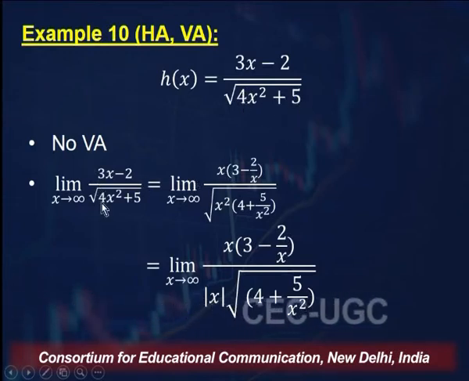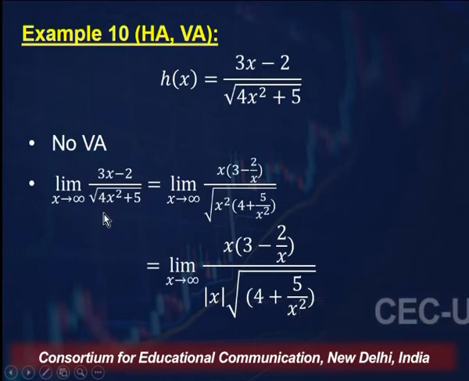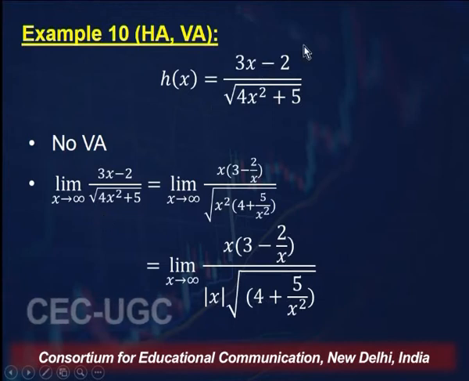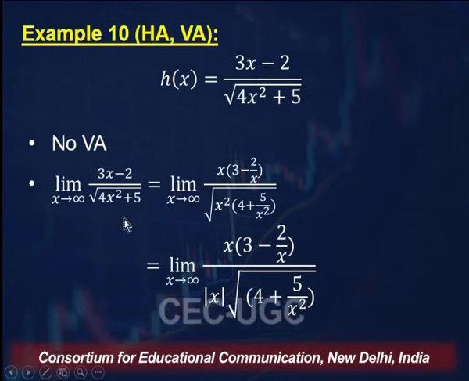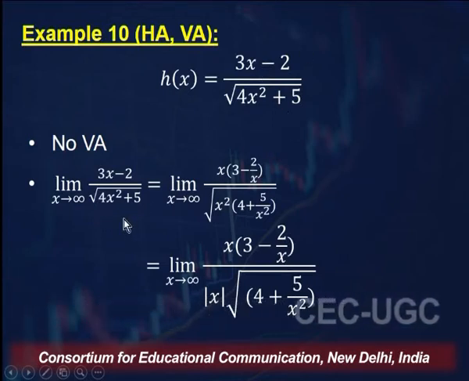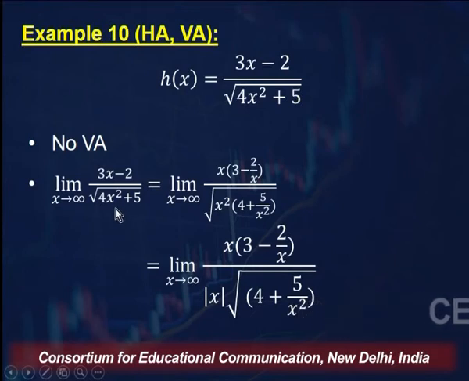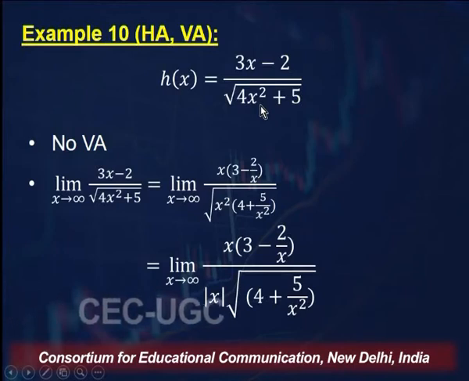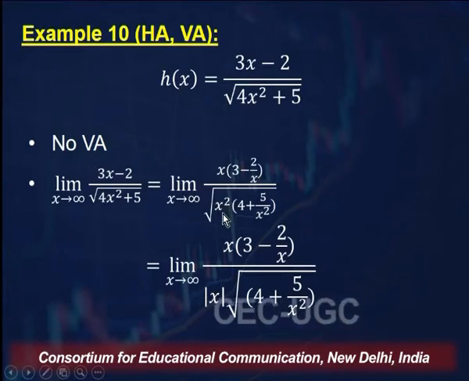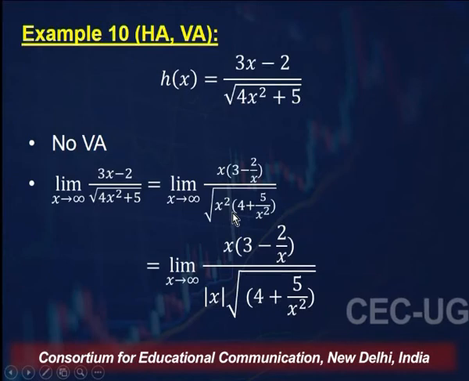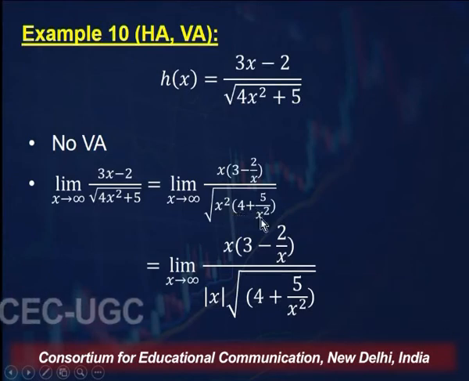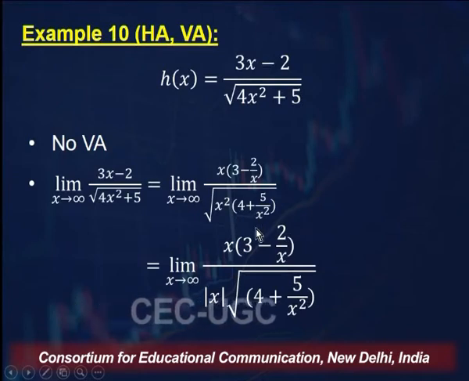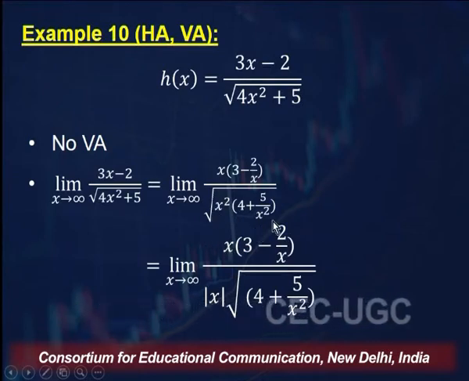And if you look at the horizontal asymptote, because there's a square root in the denominator, a little bit of mathematical manipulation is required, nothing difficult, but you can see here that if I take x squared common in the denominator,